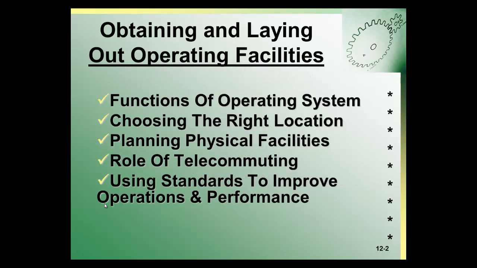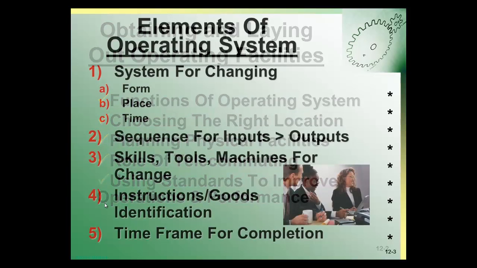Now in this course we have concentrated our studies on functional areas of the business and only recently have considered the planning elements related to opening a business. We have completed foundational research on our business and have looked at our internal and competitive environment. And at this stage of our planning, we will be looking at these functions of the operation or the operating system: identifying the right location, planning facilities, evaluating the extent to which telecommuting is appropriate, and process improvement.